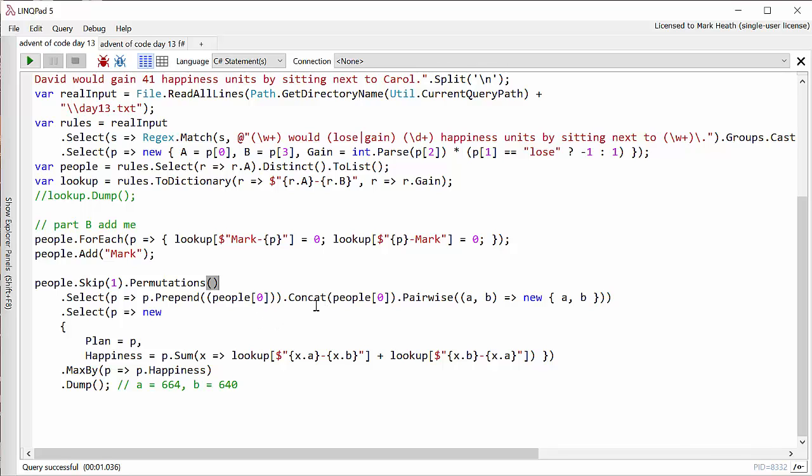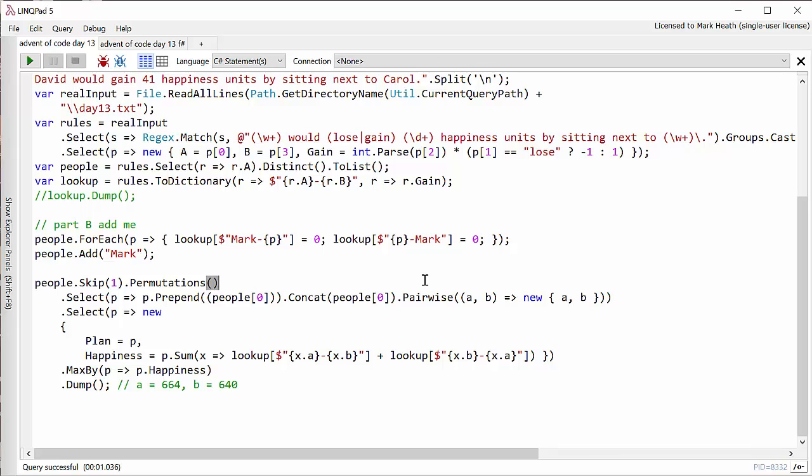And I also add the same person to the end, and I do that with MoreLinq's Concat. And the reason I add them to the beginning and end is so that when I use MoreLinq's Pairwise method, I'm going to get every pairing in the entire table. And so what Pairwise does, if you pass it a sequence A, B, C, D, it will give you A, B, B, C, C, D. And that's why I needed to put the first person at the end as well, so that I would also